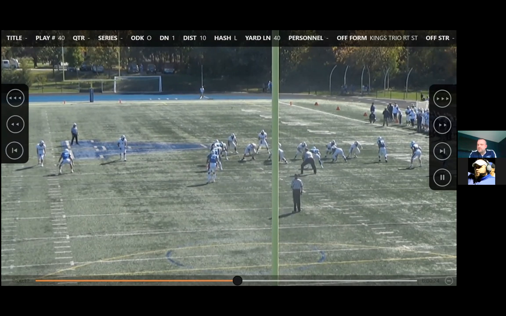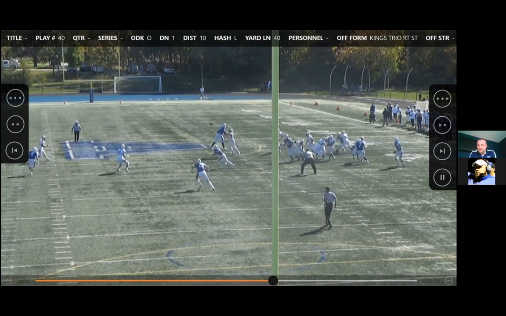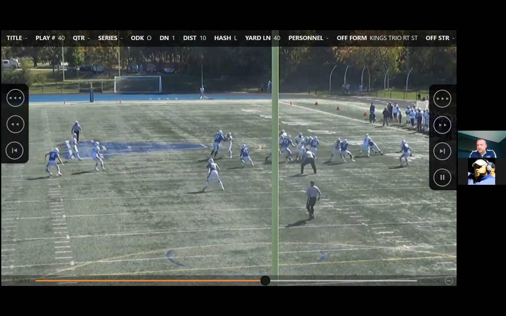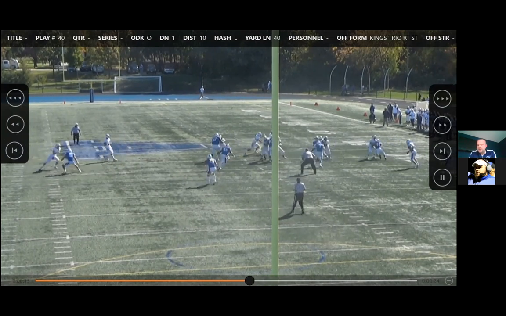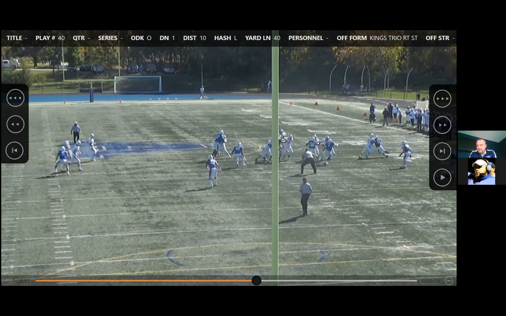And this is sometimes where we get into trouble. Now obviously he takes those hard steps in, so he said, all right, I'm going to throw it. But even with that hard step in, he's still pretty far away from where the ball's going. So that would just be an example.